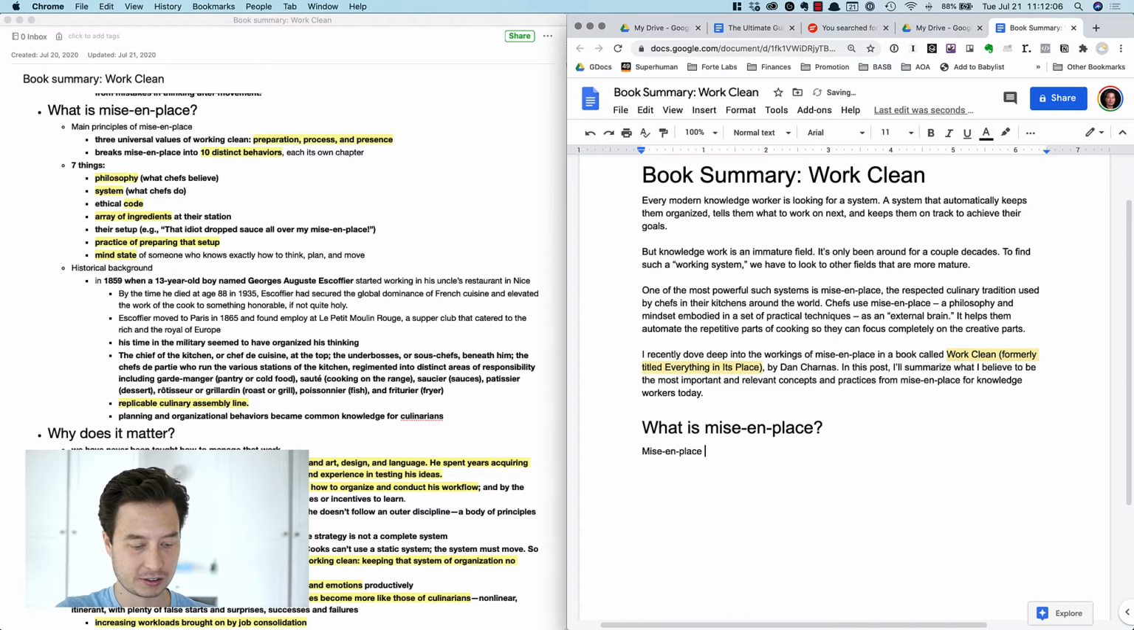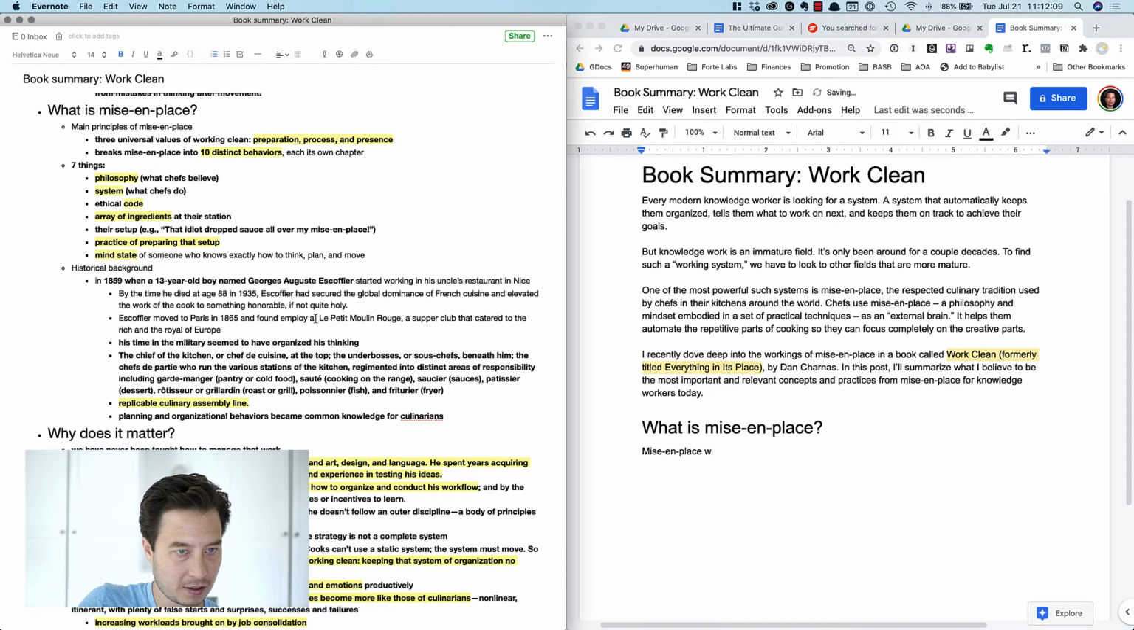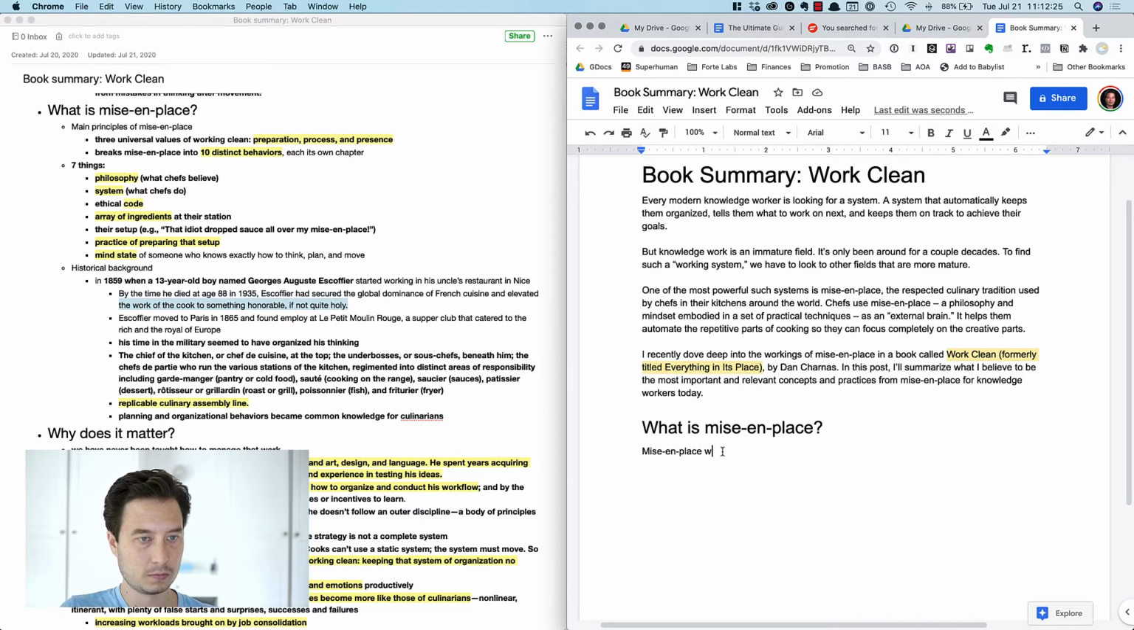Actually, where it came from first. And I remember this pair of sentences where he talks about where the very beginnings of it happened and then where it ended up, which is a very effective structure for piquing curiosity. So I might say something like, Georges Auguste Escoffier